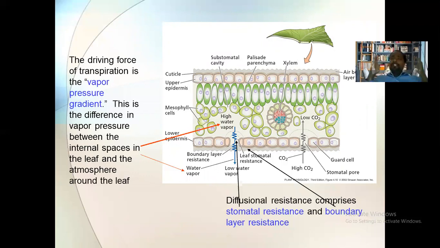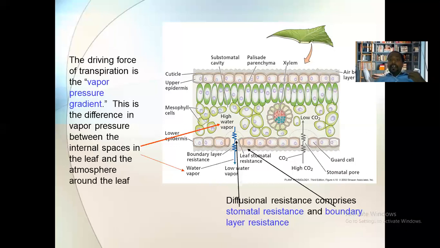Why do OP, DPD and SP of the guard cell increase? The OP, DPD and SP in the guard cell increase only during the daytime because of certain chemical changes which take place during the daytime during photosynthesis. And what are the changes? We are going to discuss it in the next lecture. But till then just remember that during the daytime, when the osmotic pressure of the guard cell is high, at that time, the stomata opens. Okay, because the guard cell absorbs more amount of water by the process of endosmosis.